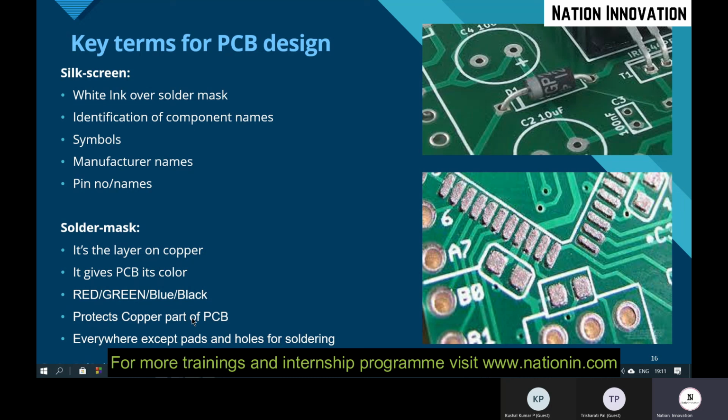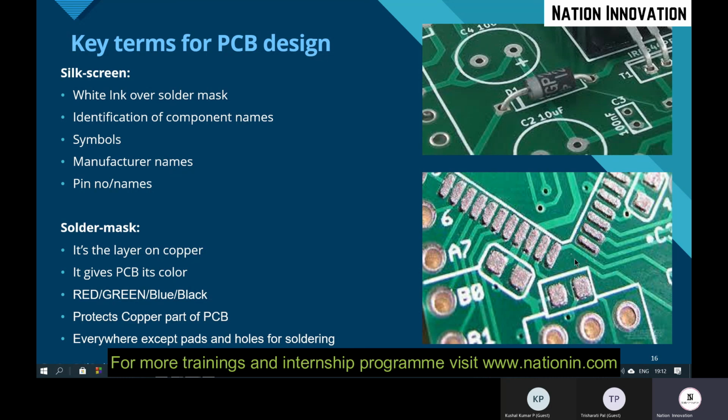It protects the copper part of your PCB. To protect these copper tracks, the solder mask is used everywhere except the pads and holes for soldering. The solder mask will be present except the pads and holes part, because you need to place the components. So for that reason, the solder mask is not present there.